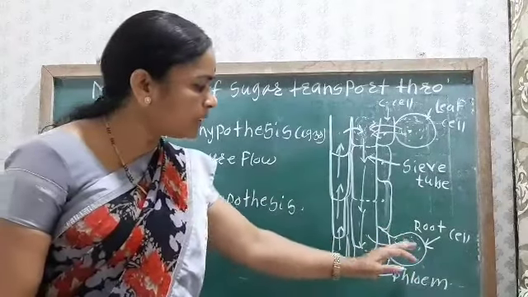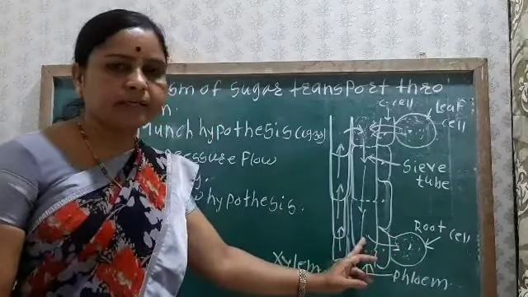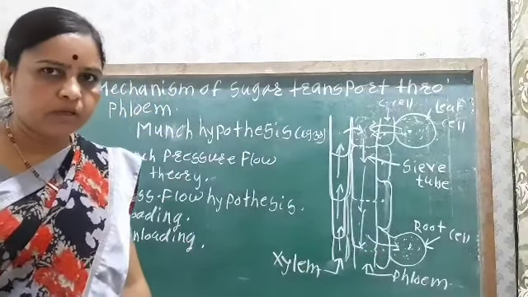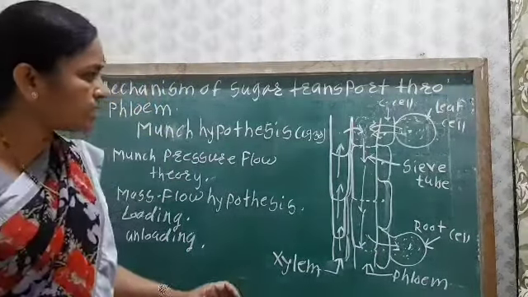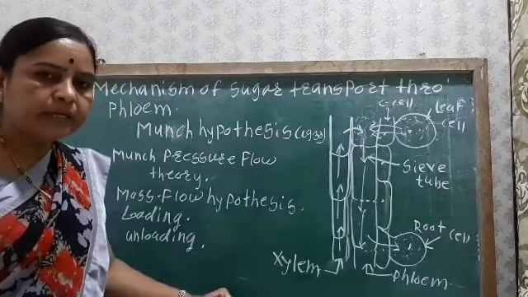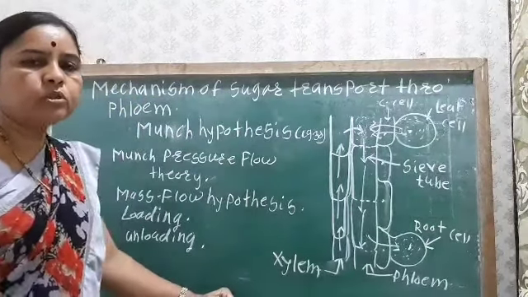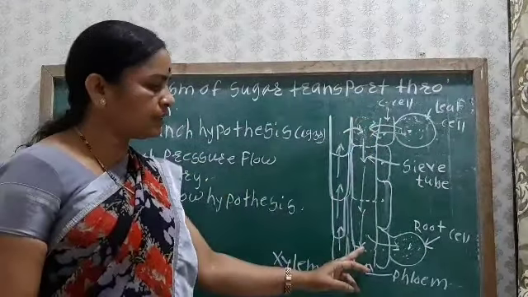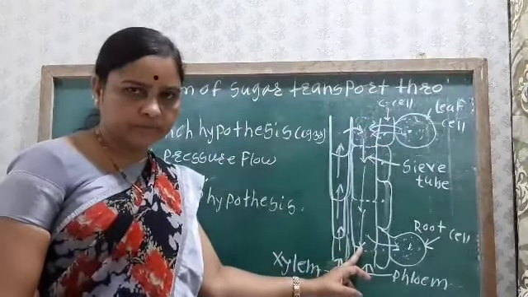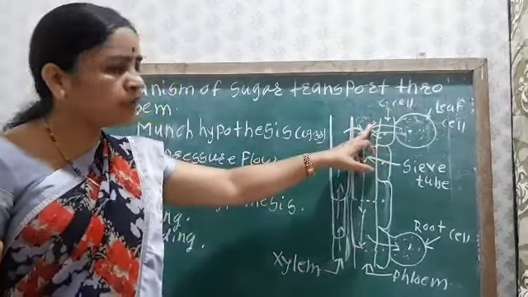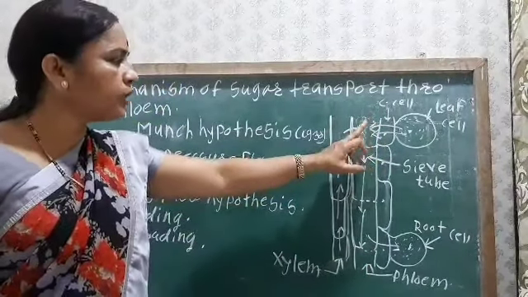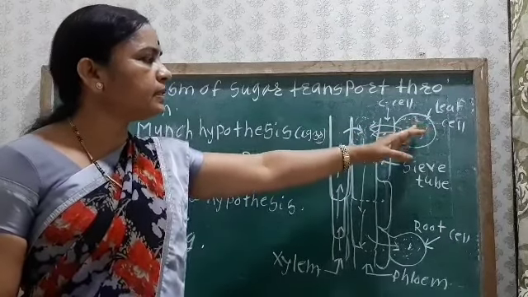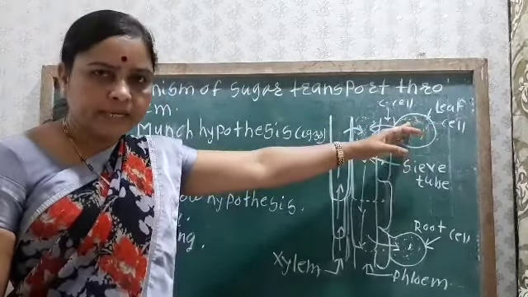आणि मग यातलं फूड मटेरियल इथं गेलं म्हणजे इथं काय झालं, याचं या वेनचं काय झालं, अनलोडिंग ऑफ द वेन टेक्स प्लेस. ओके, सो हियर द ट्रान्सपोर्ट ऑफ द फूड is mainly dependent on the two processes, that is one is the loading of the vein and another is the unloading of the vein. Okay, loading of the vein म्हणजे इथं काय होतं, तर during the loading of the vein, here the food which is synthesized in the mesophyll cell.